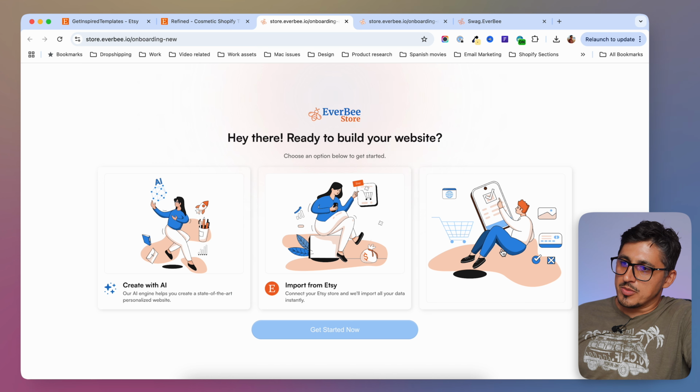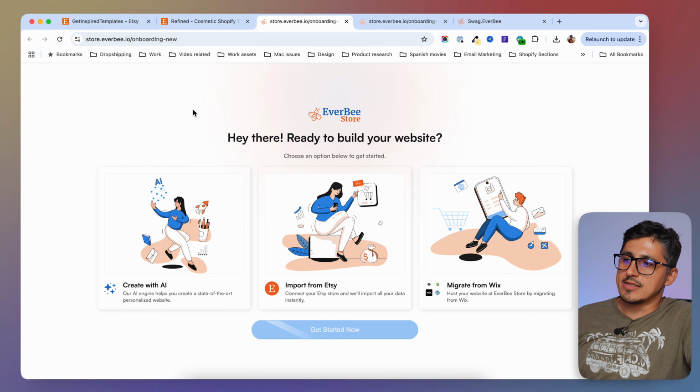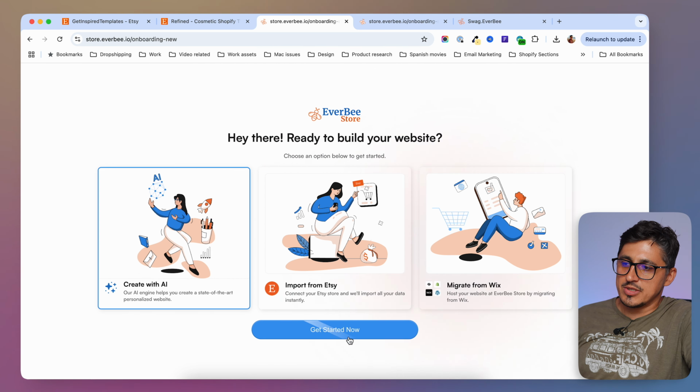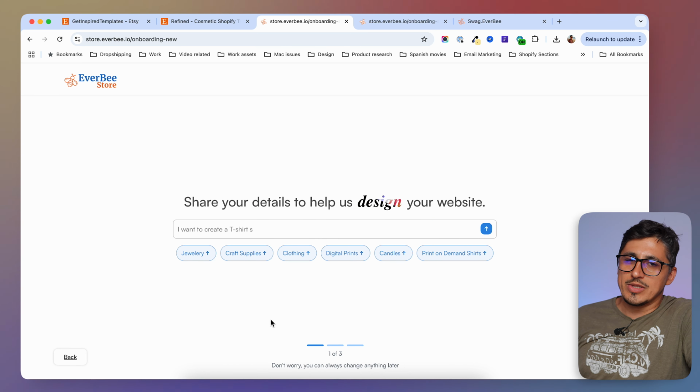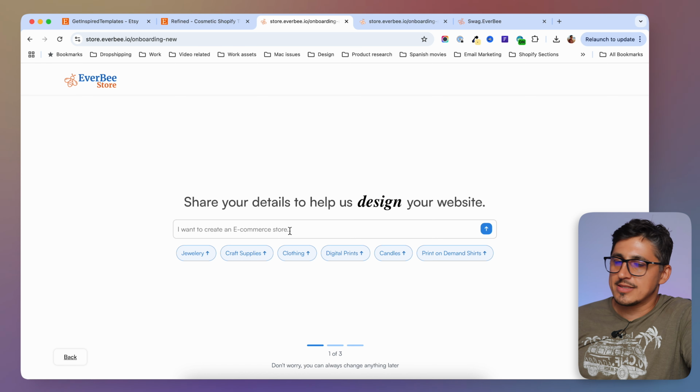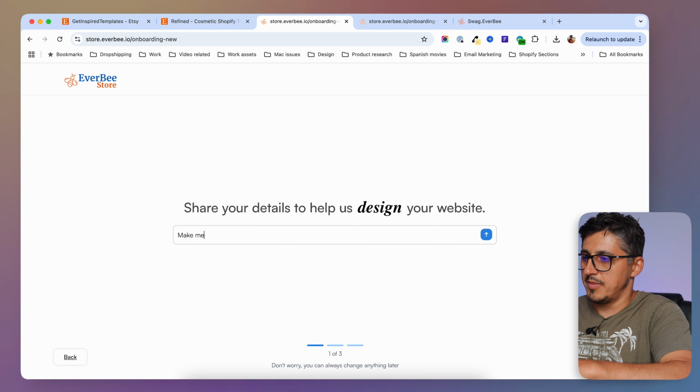You have here the third option. I'm gonna go and I'm going to create a store with AI. I'm gonna click on this option and I'm gonna say get started now. In here, you're gonna have to provide a prompt for the AI to understand what kind of store you want. So in my case, I'm gonna say something like, make me